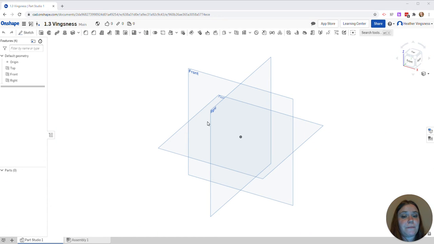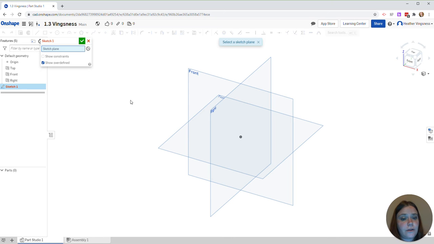Today we're going to practice modifying sketches. I've created a new document in Onshape, and my first step is to start a sketch and then choose a sketch plane. I can choose the top, the front, or the right. Remember that the sketch plane that we choose is going to determine which view of the object we're going to